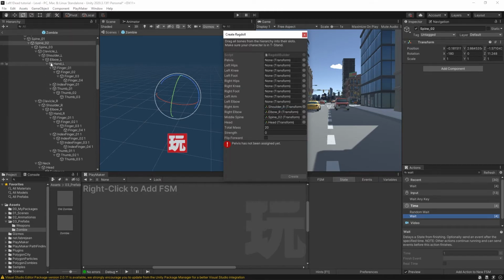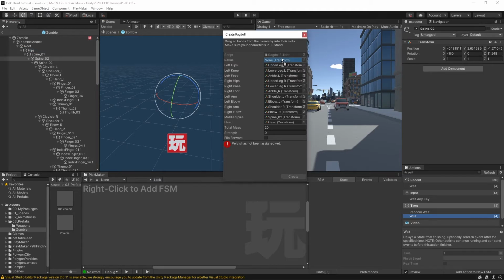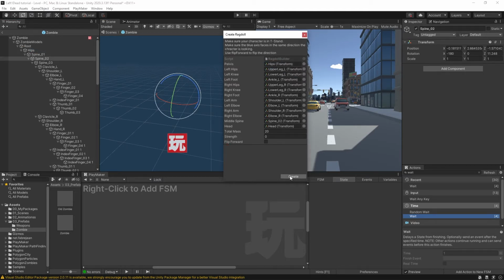Left elbow will be elbow_L. Left arm will be shoulder_L. Right foot will be ankle_R. Right knee will be lower leg_R. Right hips will be upper leg_R. And then the same thing will happen with this left side. So ankle for left foot, lower leg for left knee, upper leg for left hips. And then for pelvis, this is hips. And now when we hit create,